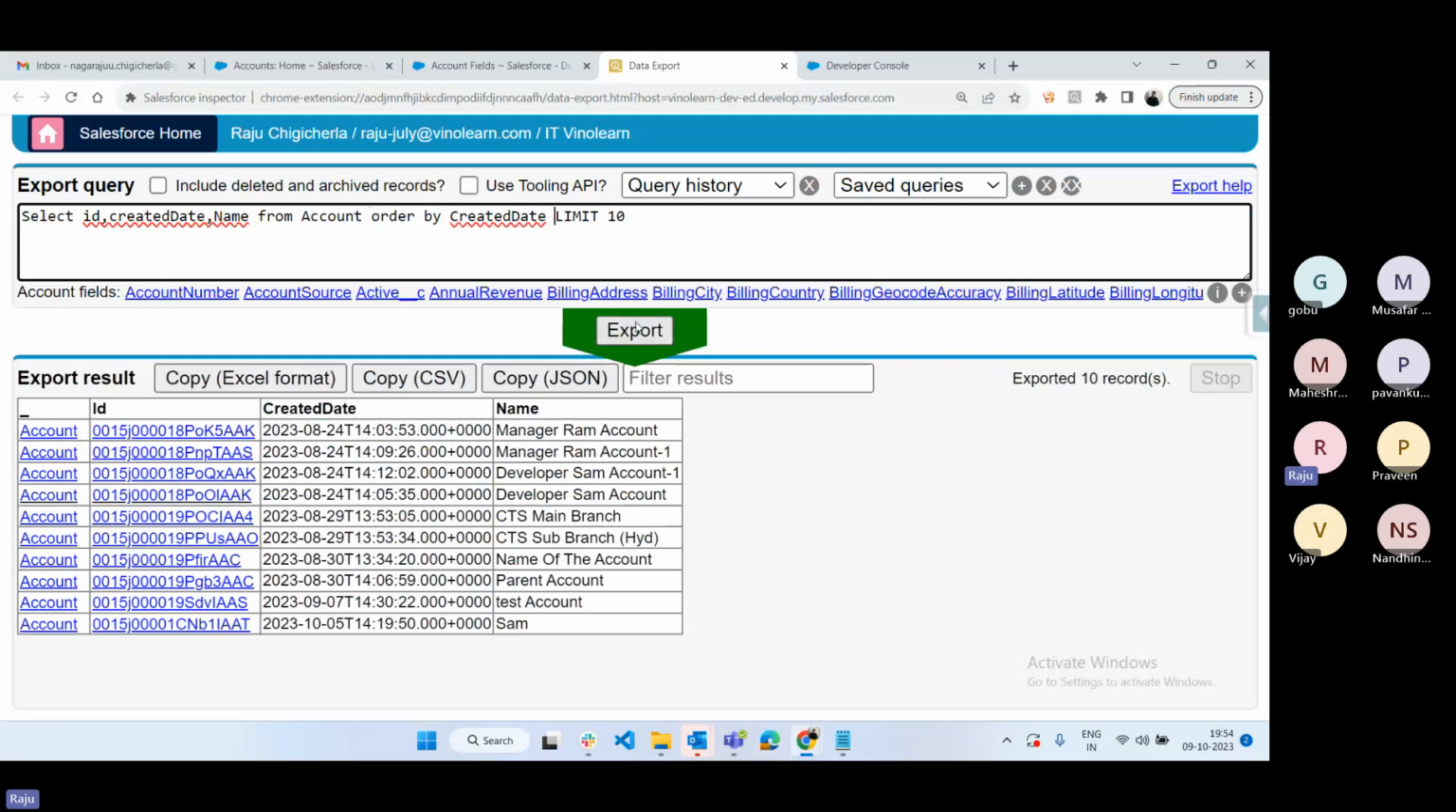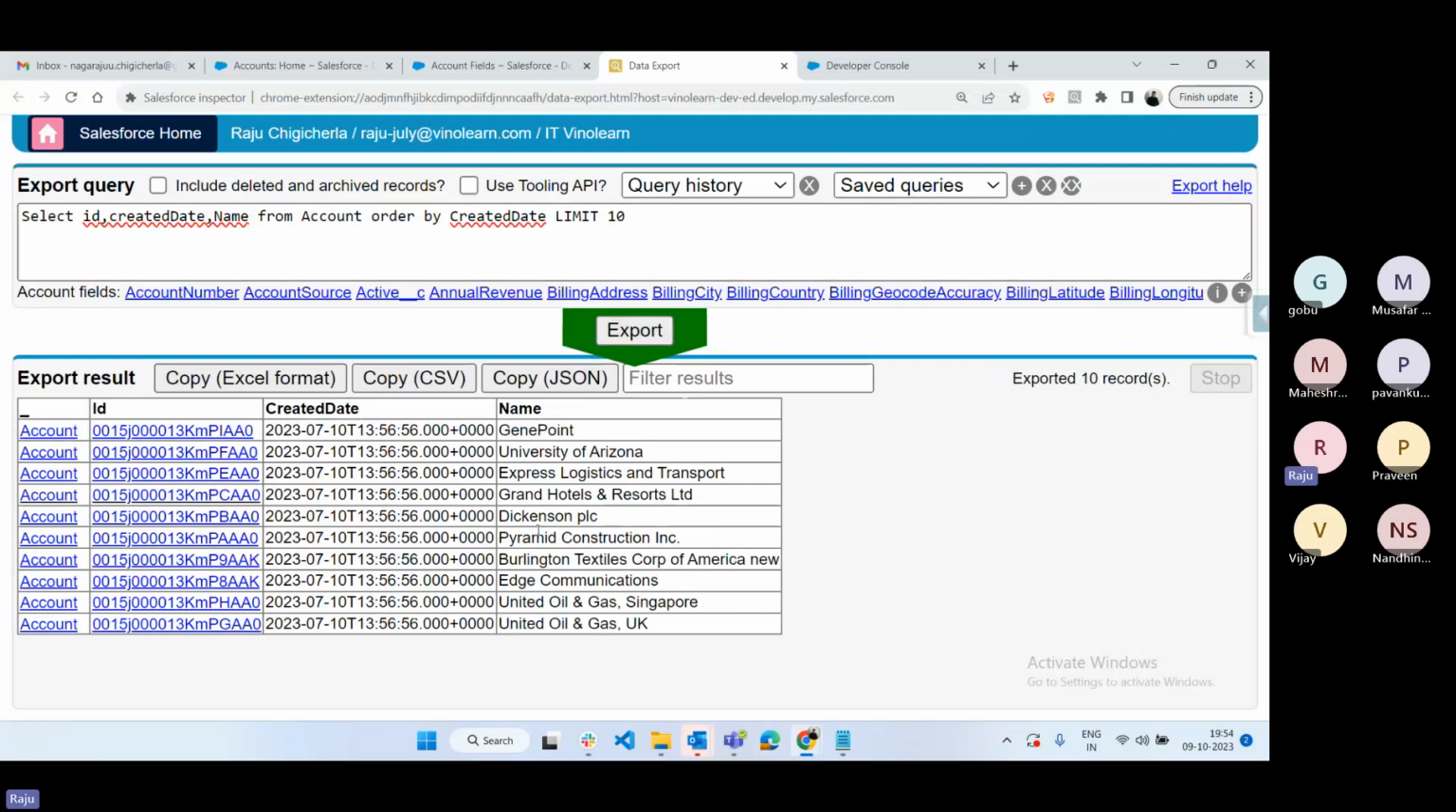Just click on execute now. See what records are coming. When you put ORDER BY CreatedDate, the data is not returning the same as before. Previously, what data was it returning? If you remove this one,